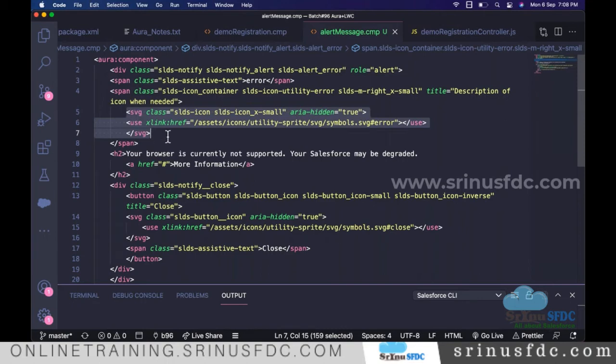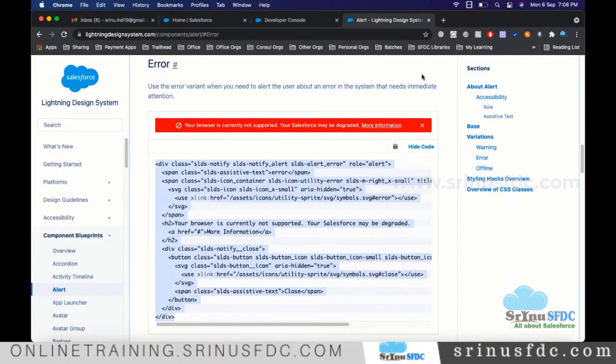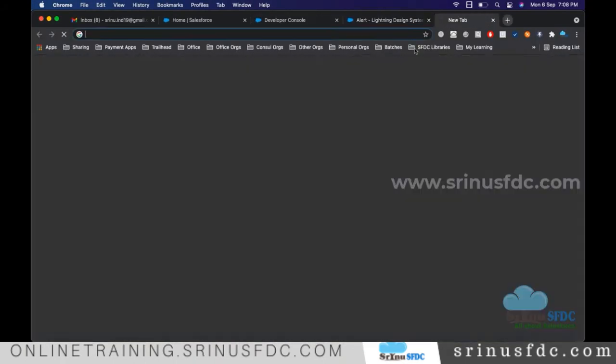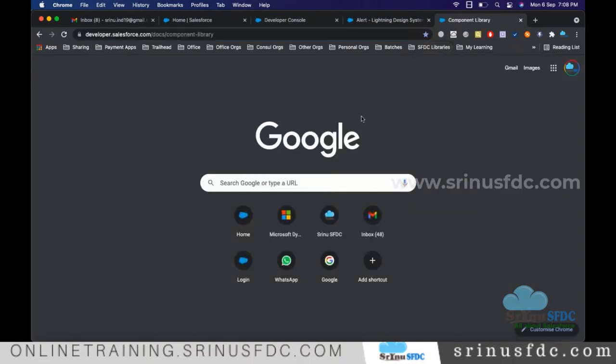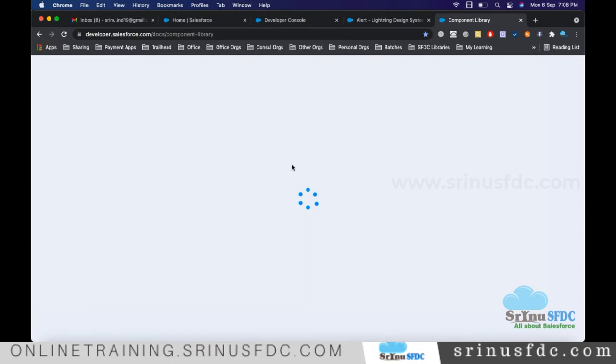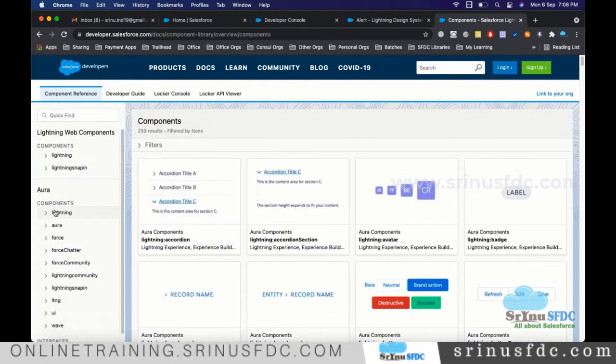So directly referring to the SVG icon like this is not supported. For that, what I'm going to do is use lightning-icon. Okay, if you go to the component library, we have one standard component, lightning icon. Instead of that, we are going to use that